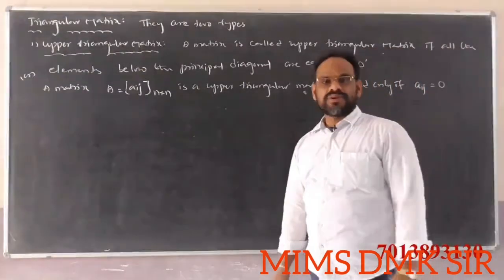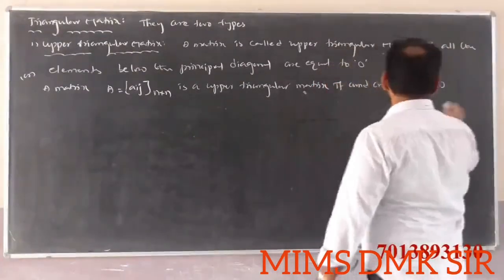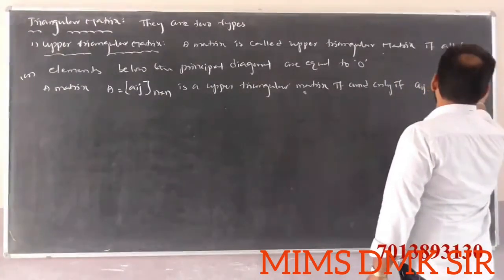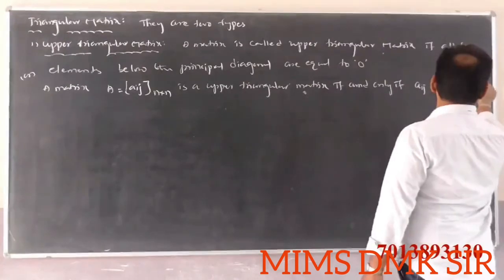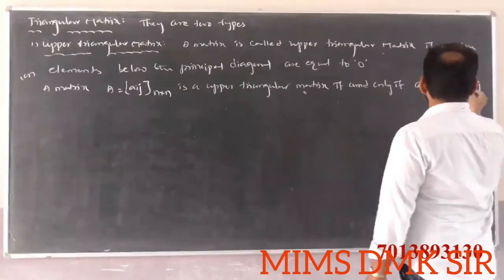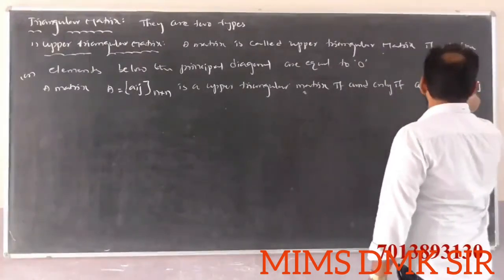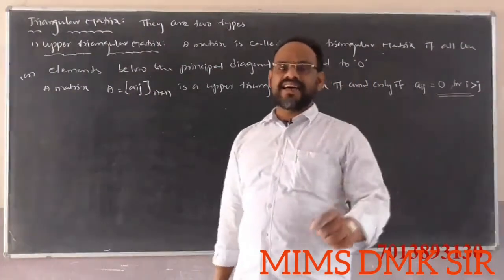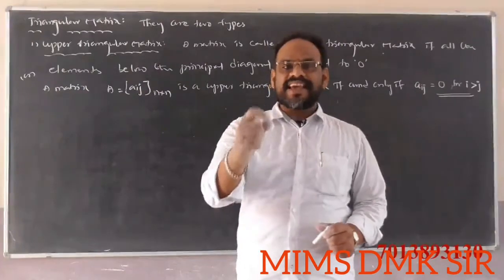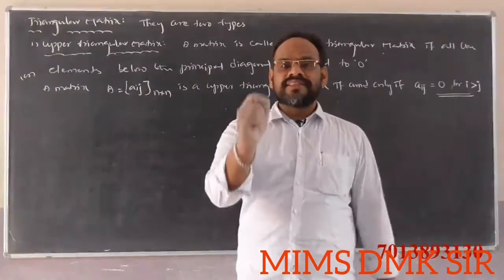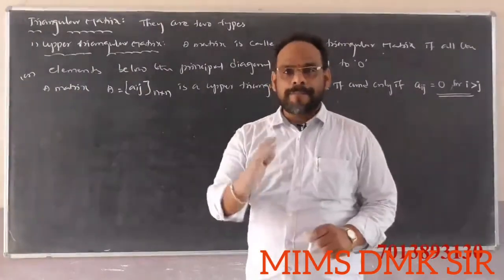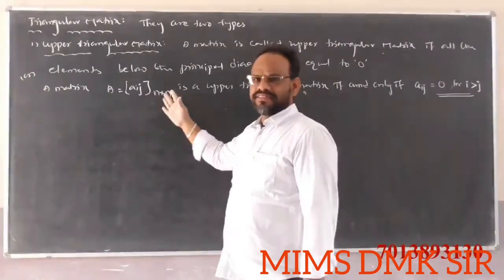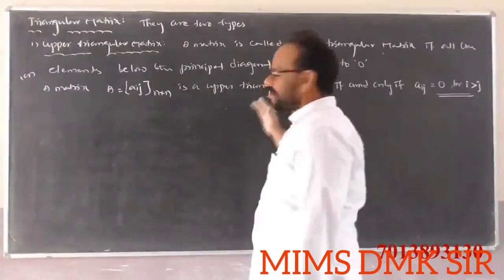Aij is equal to 0 for i greater than j. If i is greater than j, then the elements Aij are equal to 0, then the matrix is called what? Upper triangular matrix. Observe here, a matrix Aij of order n by n is an upper triangular matrix if and only if